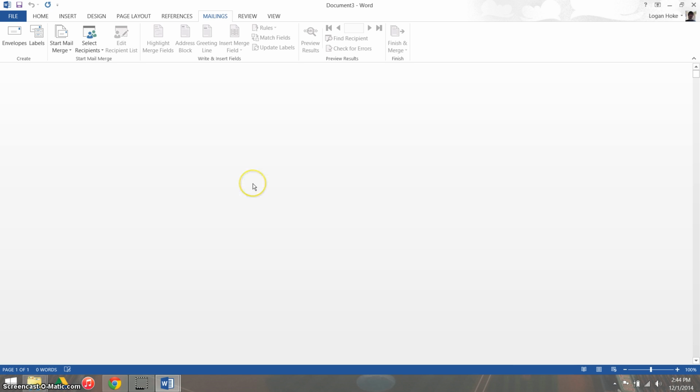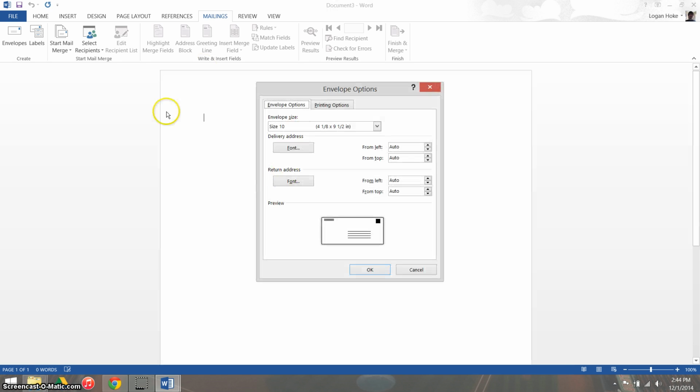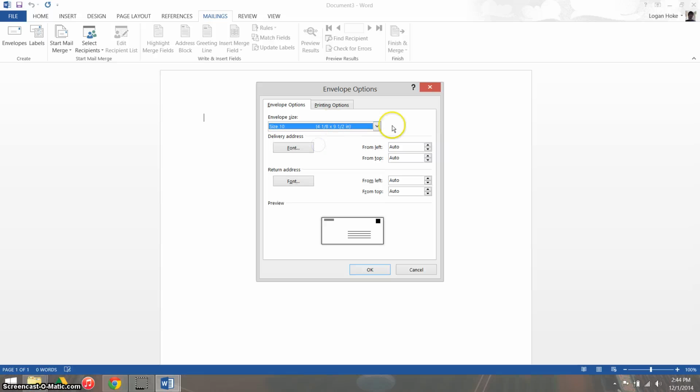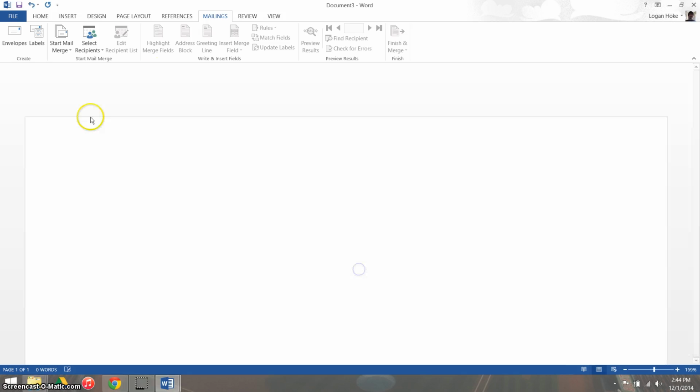So what it's going to do is reformat your page to match whatever envelope size you're using. Based on whatever envelope you'd want to fill out for your printer, you'd have to select the correct dimensions on here. So we're just going to stick with the one that it gives you. You can also change the delivery address or the return address font if you would like to, but there's really no reason to do that in this situation. So we're going to go ahead and hit OK, and it'll reformat the page to be in the shape of